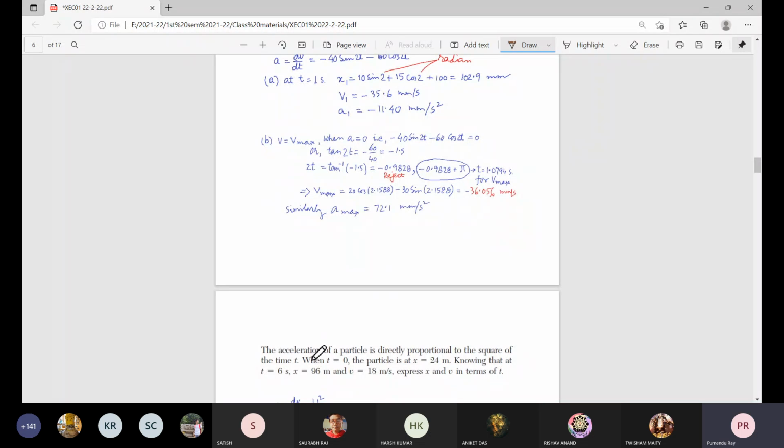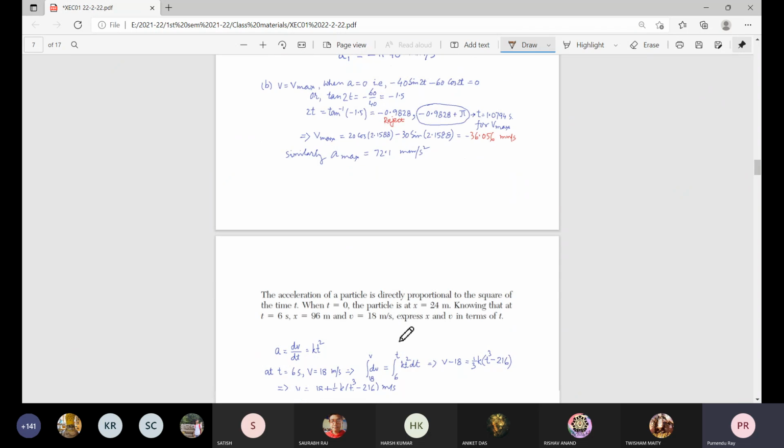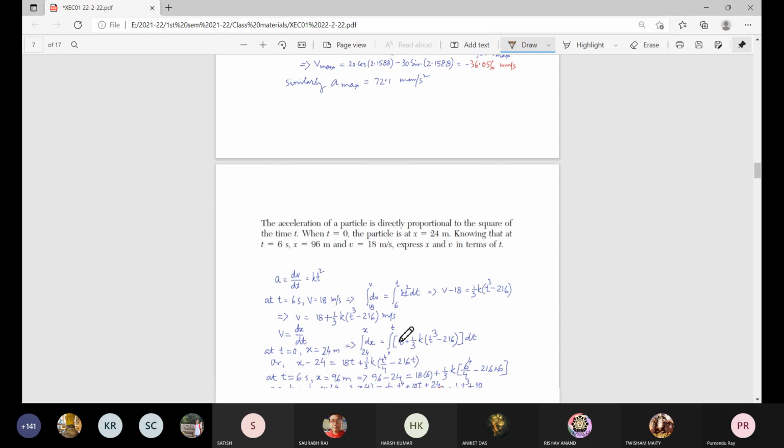The relation is acceleration directly proportional to the square of the time t. Given value at t is equal to 0, displacement is 24 in meter. At t is equal to 6 seconds, displacement is 96 meter and velocity is 18 meter per second. Express x and v in terms of t. So these are the